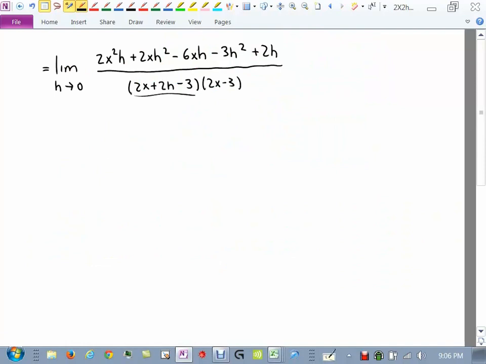What you'll notice now is that every term in the numerator has an h in it, so you can factor an h out, and then they cancel out with the one on the bottom. So you'll get the limit as h approaches 0 of, oh my goodness,